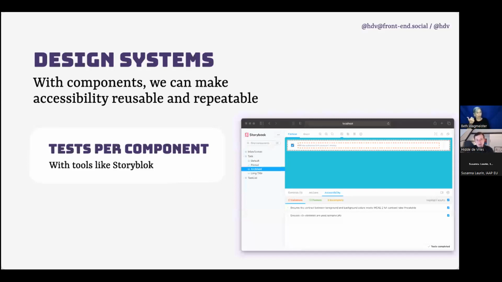Another thing you can do in a design system is to test per component with tools like Storybook. You can have an accessibility tab. So Storybook takes all your components and it can make a gallery of them, so you can look at all the different components that you have. And with each of them, you can show, look, this is what it looks like, this is the code, and then this is the accessibility. And basically, you can use a plugin that will automatically test all of the components in isolation and then tell you if there are any problems. And that is, again, really helpful. Even though you can't test a lot of accessibility automatically, the stuff you can test will save your life. It will be very helpful to do that early, nice and early.